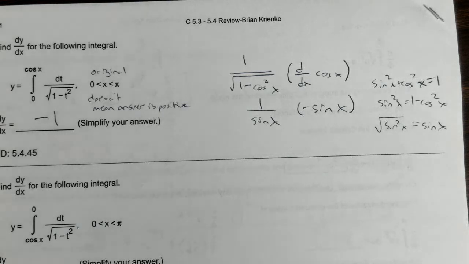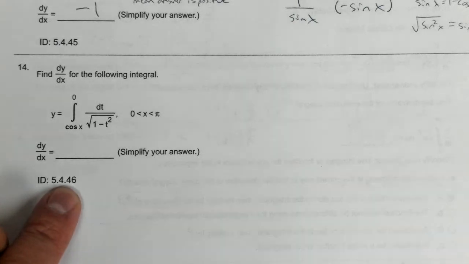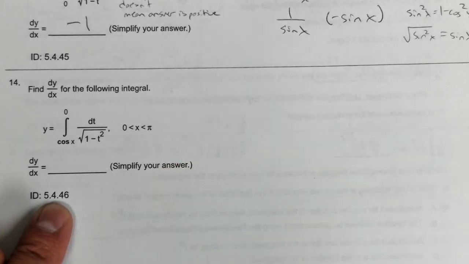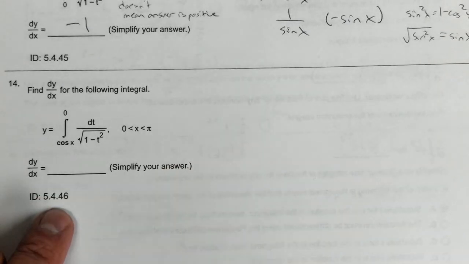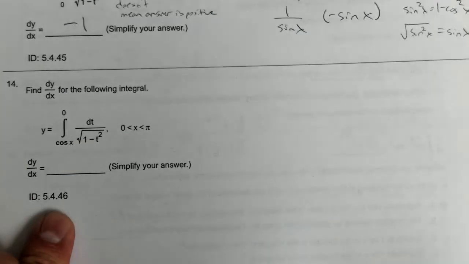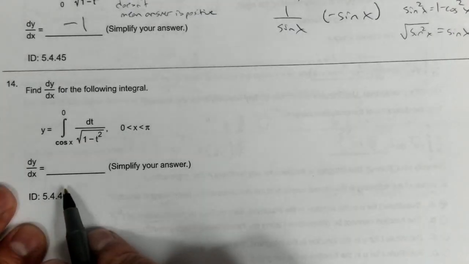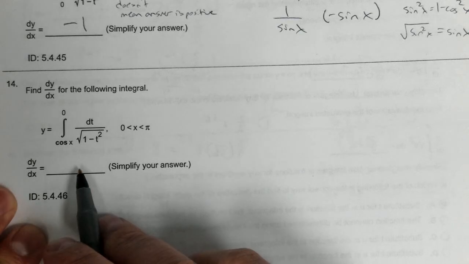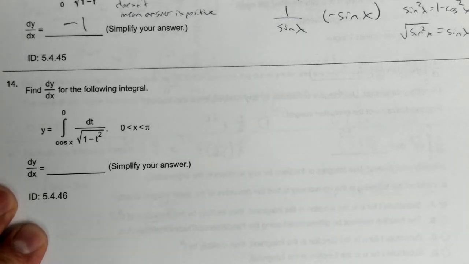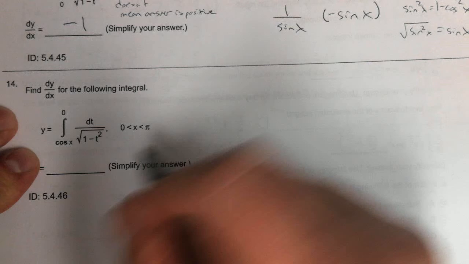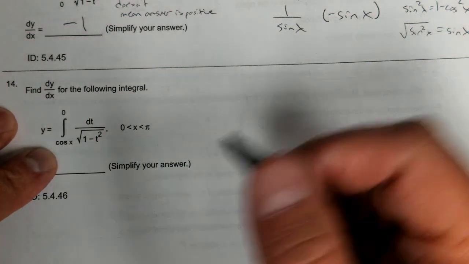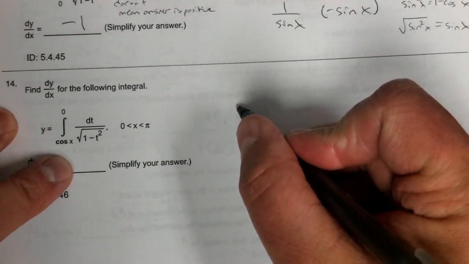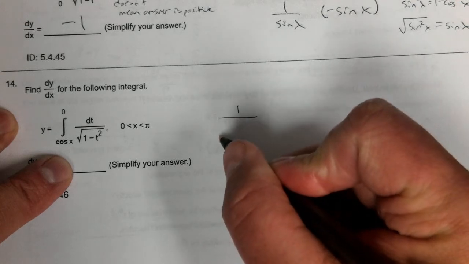Okay? And then, just to be completely honest, I accidentally chose 46 instead of 47, which was the area problem, but it's just like this one. So this was one that's similar to 45, but you didn't do. So let's just work through this. So you're basically going from cosine to 0. So this one would be 1 over the square root